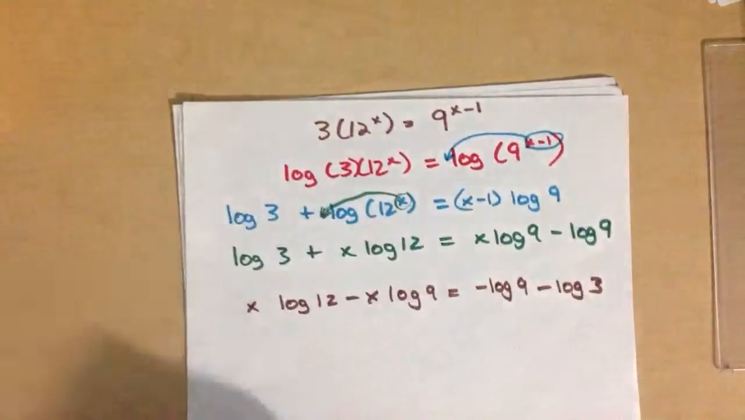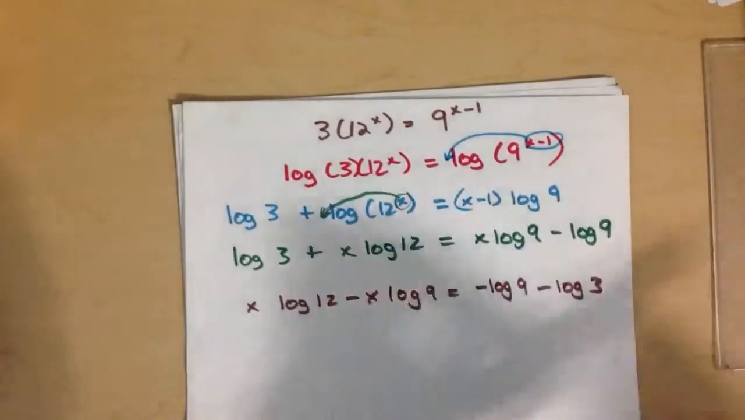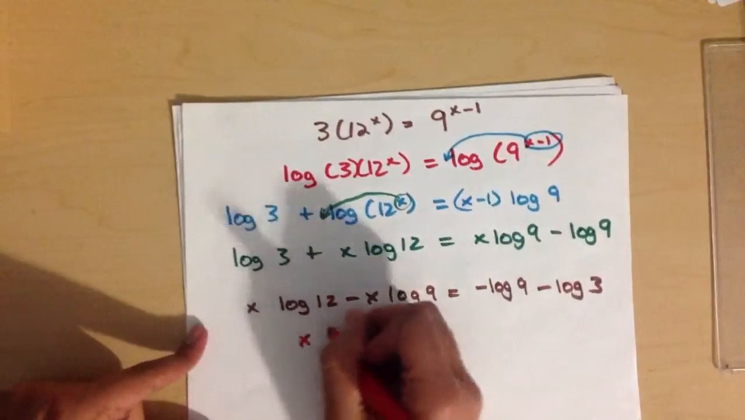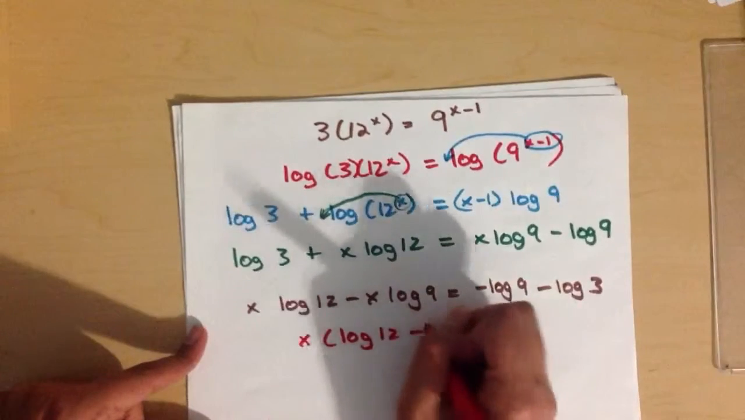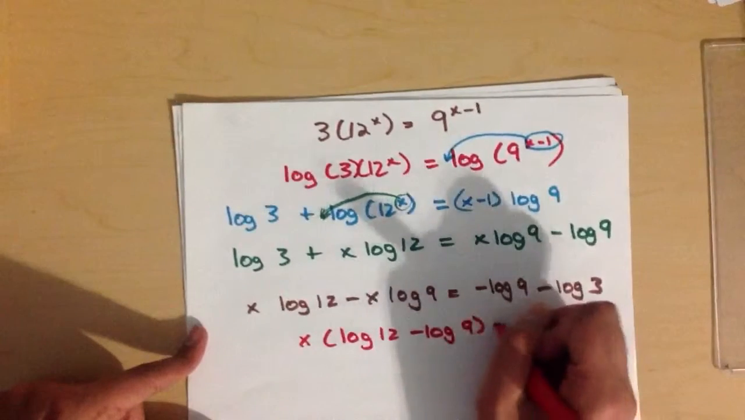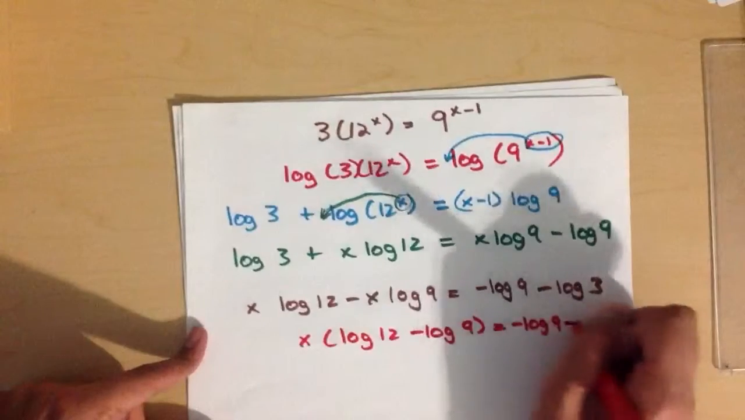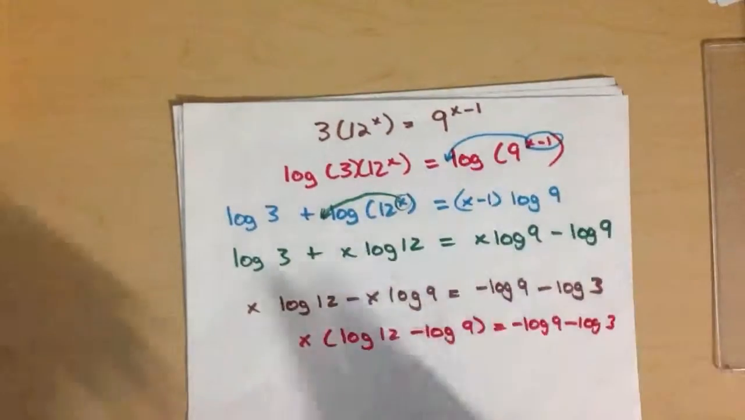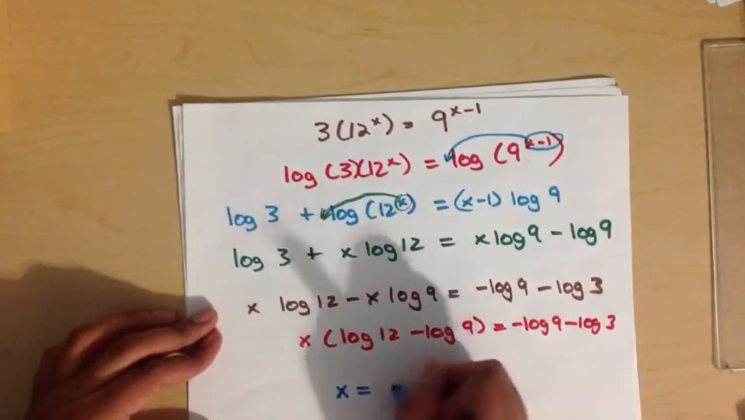And now we're going to factor an x out to solve for it. So you factor the x out, and it's going to be equal to x(log 12 minus log of 9) is equal to minus log 9 minus log of 3. And therefore, for our final answer, x is going to be equal to minus log